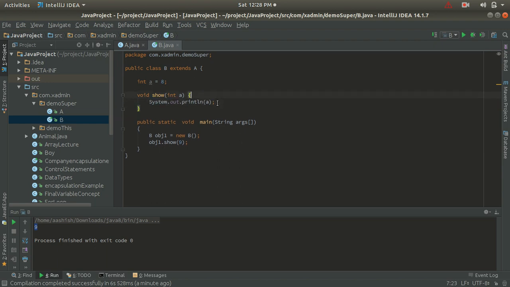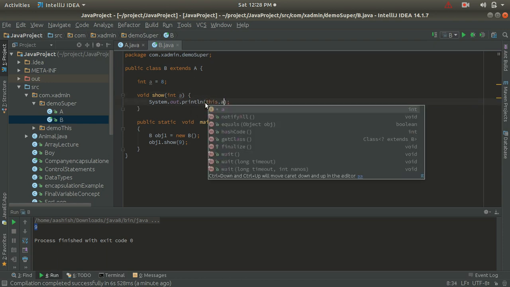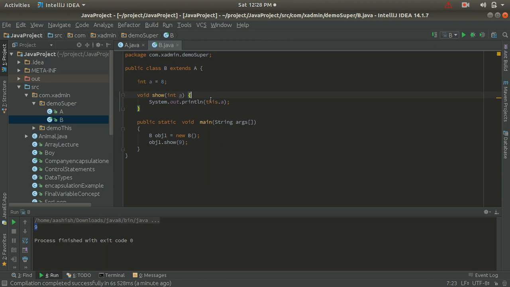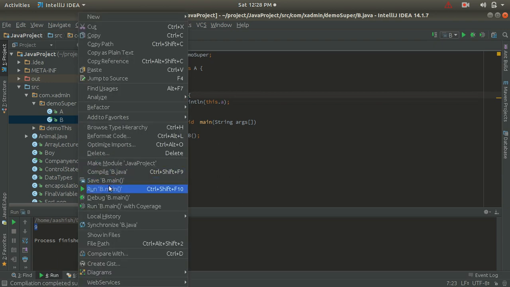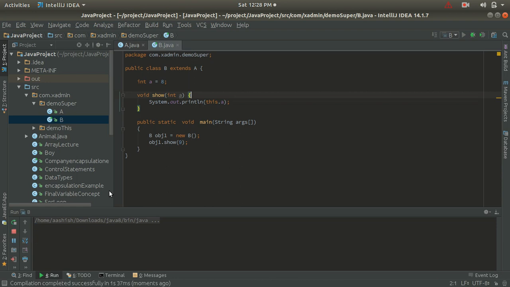So let's remove this, and here I can simply write this dot A. So guys, here the this dot A will take the value of the instance variable, okay. So let's run this program and let's see the output. So guys, here you can see that we are getting the output as 8. It means that it is displaying the output of the instance variable of the class B with the help of the this keyword.